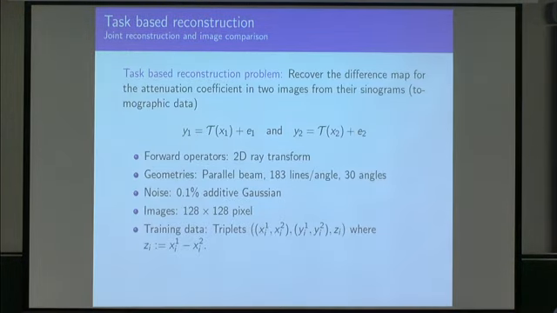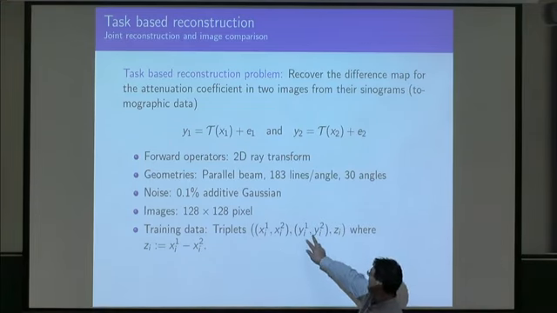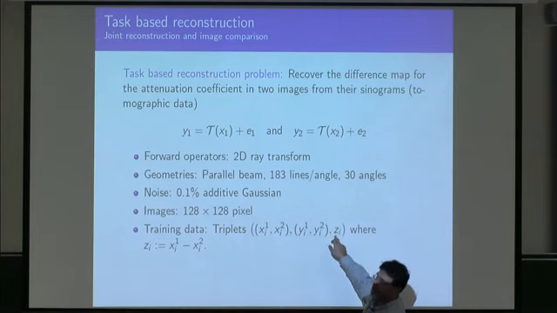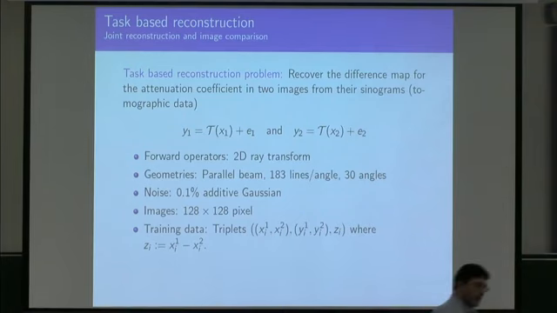Let's do the joint. This is a bit simplified: we're using the same forward operator now, so we don't have two different modalities or something like that. We have the same forward operator, same size, same geometry. It's a bit simplified, but nevertheless, we have a pair of images, a pair of corresponding tomographic data, and their true difference. Okay, that's what we have. So you are jointly training on training data of that type.